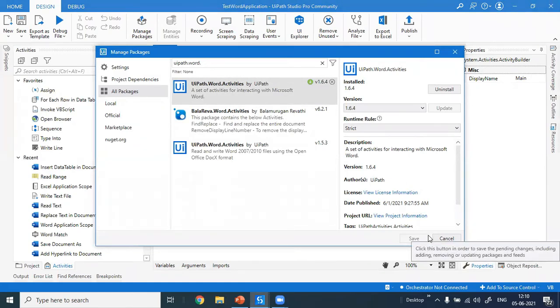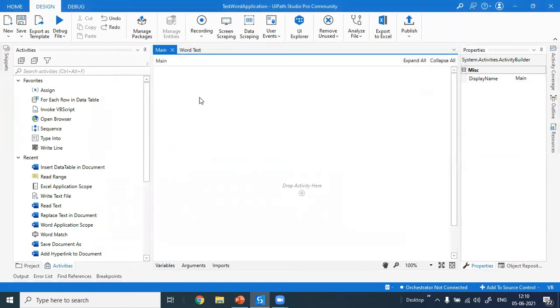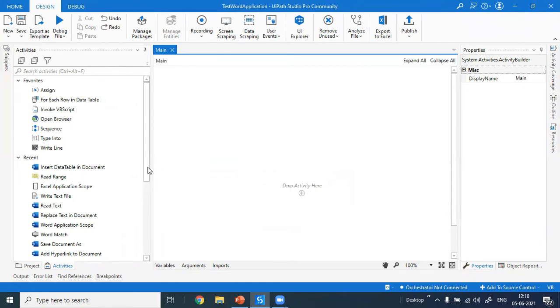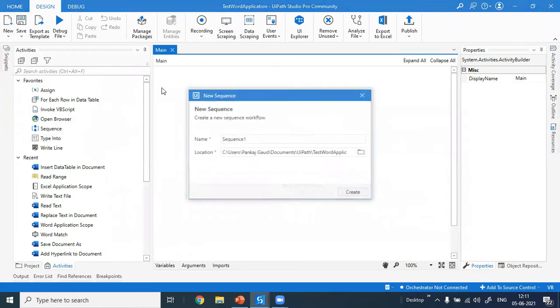For now, this package is already installed in my system, so it is showing as saved, already installed. Now I'm going to read an Excel file and save the file. So let's get a sequence first. Word.